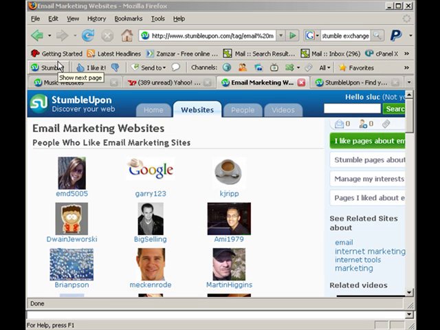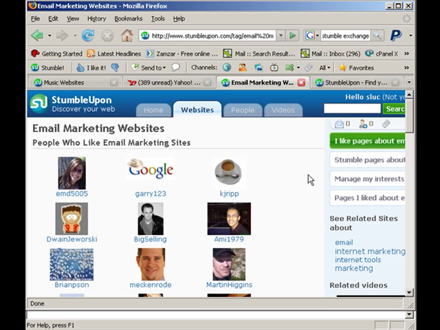Now, as I mentioned earlier, just like in the videos when I did MySpace and Facebook and the others, as far as the social networking goes, it's best if you expand your network outward. So what that means is you want to find as many people as possible who have interests or they have websites or links in relation to your website, to your blog, to your video sites.